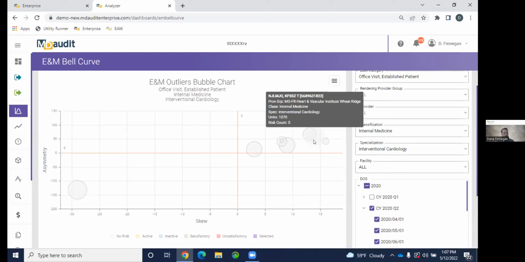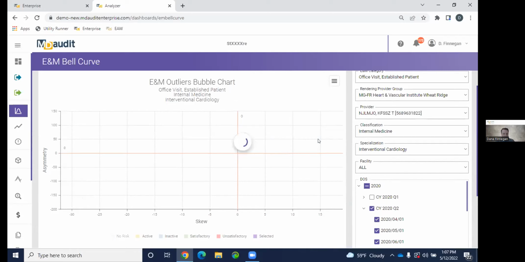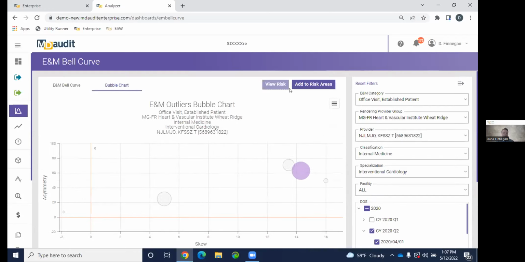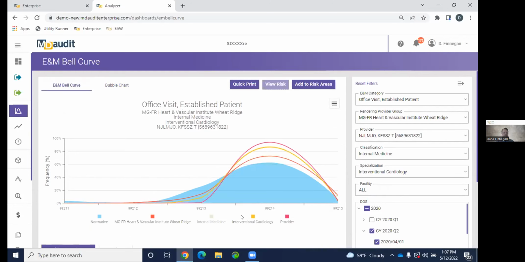So now you're going to want to dive deeper into that. You're going to want to have those conversations with your providers. So you can click on any of these bubbles and then easily navigate from that provider's bubble chart to their bell curve. And these can be really powerful visuals that you can print out and show to them, or you can meet with them virtually and say, hey, Dr. Smith,